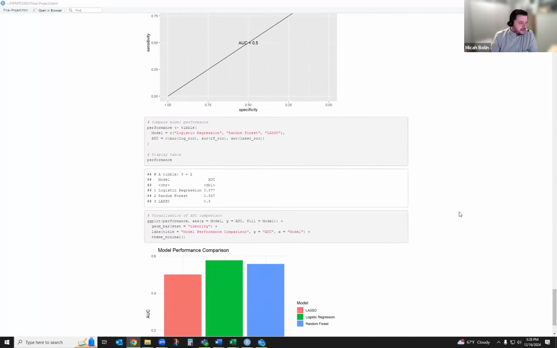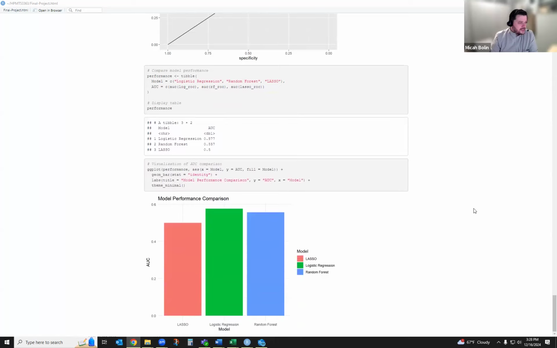At the end of the project, I decided to run a bar graph of model comparison performance to indicate if there was one outstanding performance over the other. The comparison highlights that logistic regression performed the best, followed by random forest and then lasso. Lasso failed to provide any meaningful prediction.